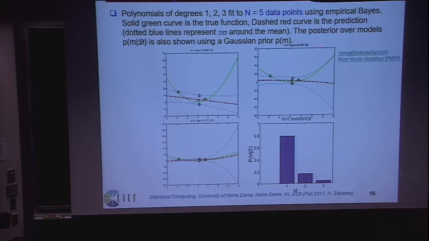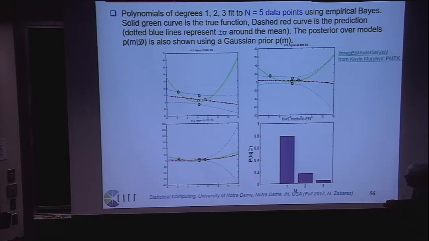So for this little regression problem, everything was Gaussian in the model, so you can trust that both the posteriors and in principle the marginal likelihood for each model you can calculate analytically, because everything is Gaussian. If you do this, you can come up with a plot like the one that you see here, and this plot